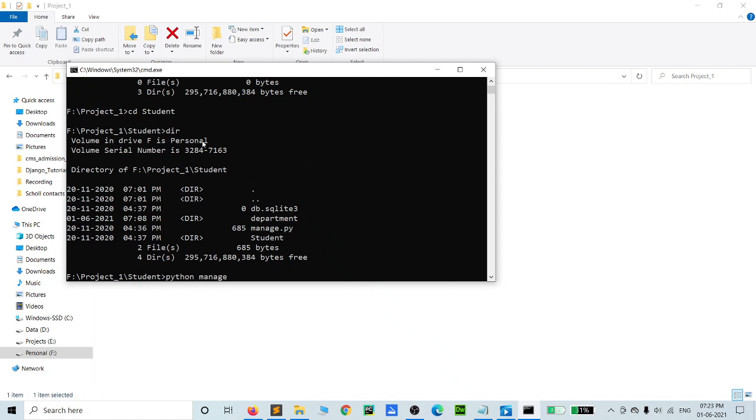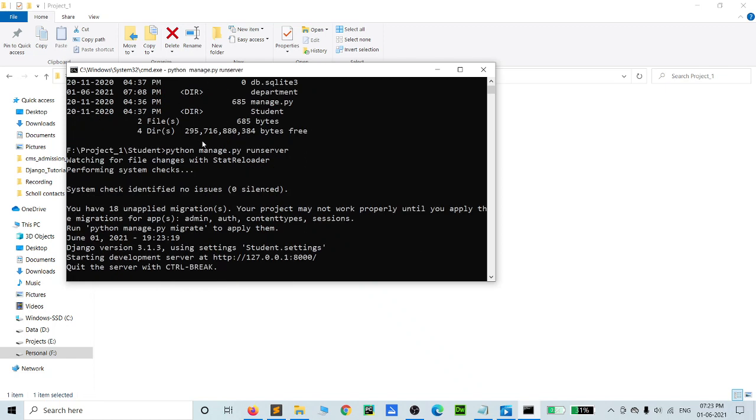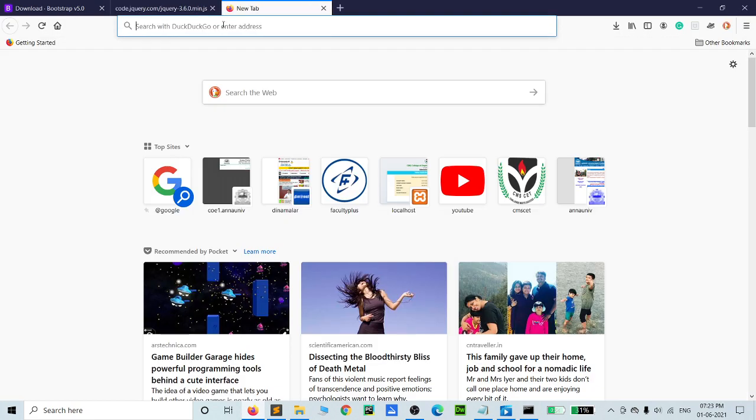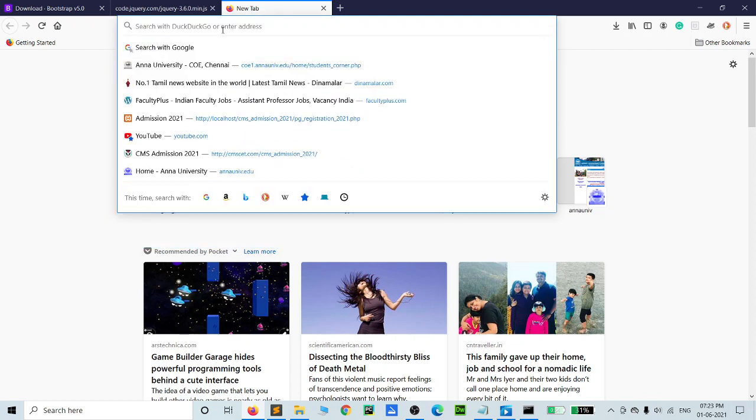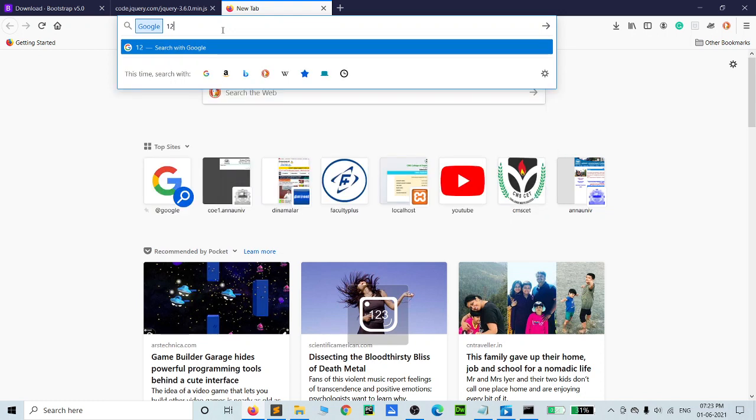Python manage.py runserver. Now we can go to check it at 127.